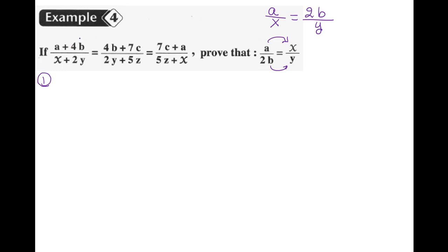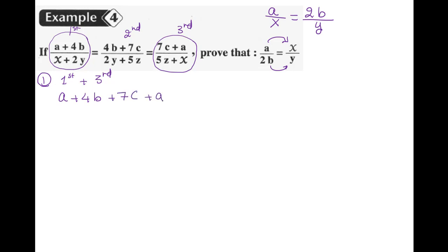Now here we can see a in the first term. Here is a over x, and we can see it here in the last term. Okay? So let's try to add the first term and the last term first. This is my first, my second, and my third. So add the first term and the last term. So a plus 4b plus 7c